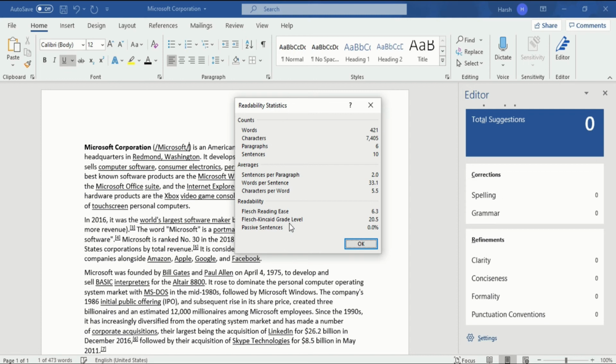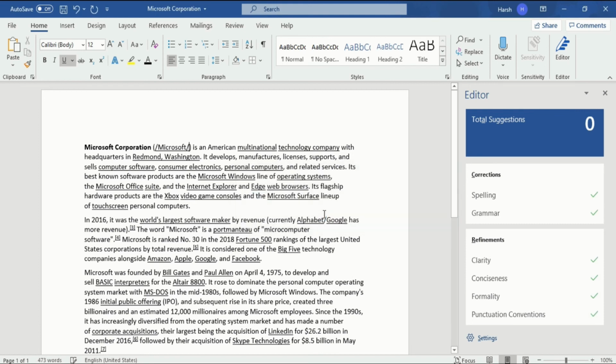And after that, we will go into the grade level. When you see the grade level, the point is around 20.5. That means the person should be at above 20.5 grade level to understand our document. So this is the case in our document. So this is actually the hard one. I will go into something that is actually easy.